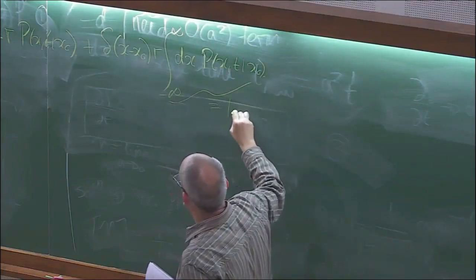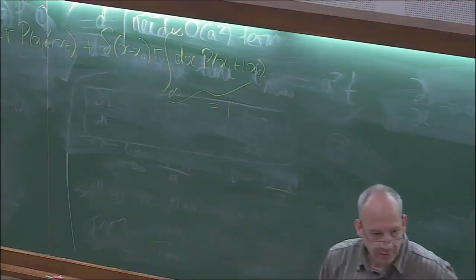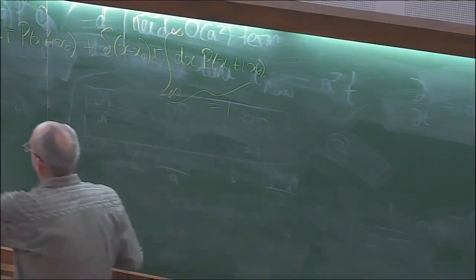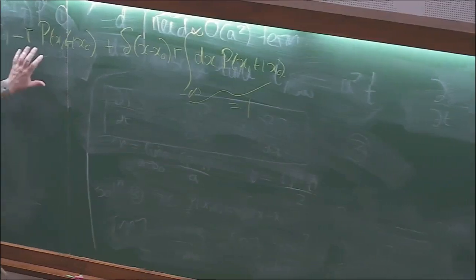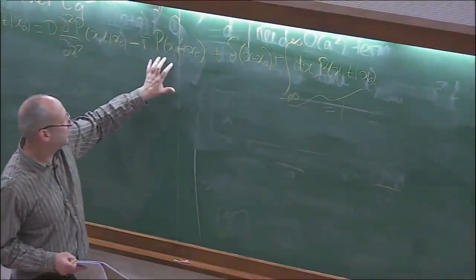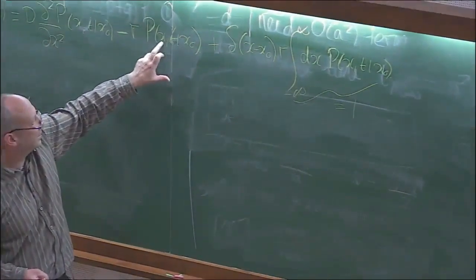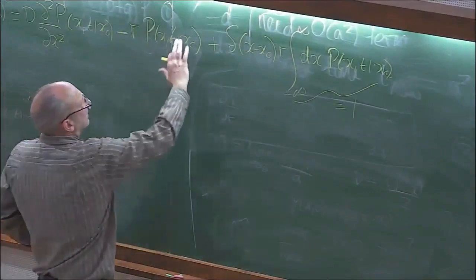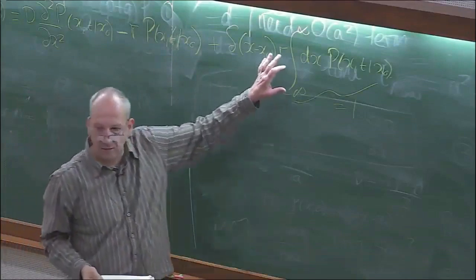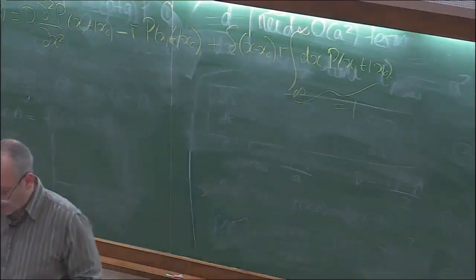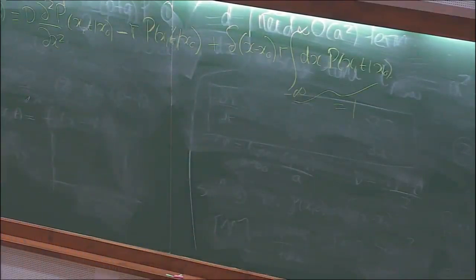So my forward equation is a diffusion equation, and it's got, if you like, these two new terms: a loss from all positions x, P of x, t given x naught, and a gain term at x naught. First of all, as I said, there will be a stationary state. Let me try and compute it. So I want to calculate the stationary state.